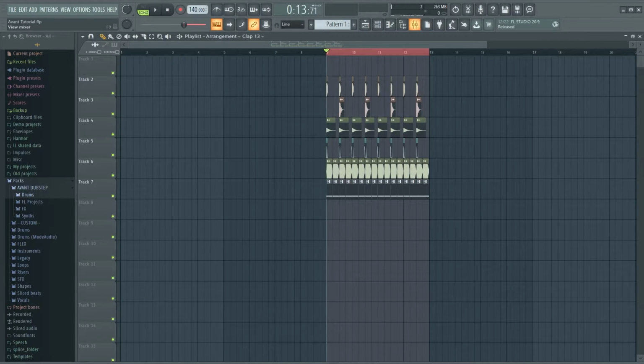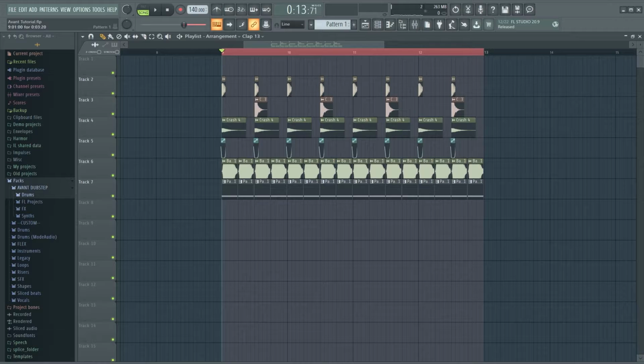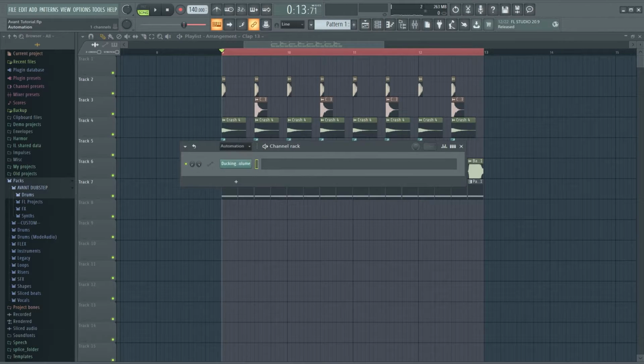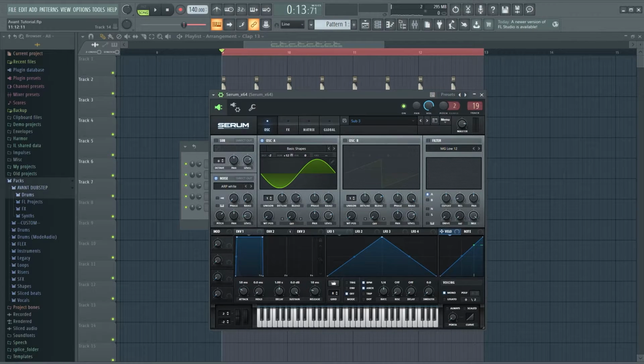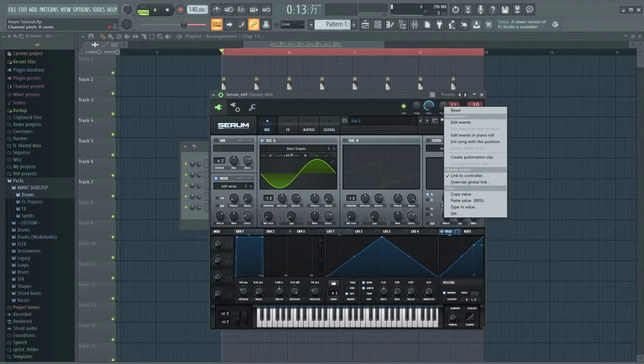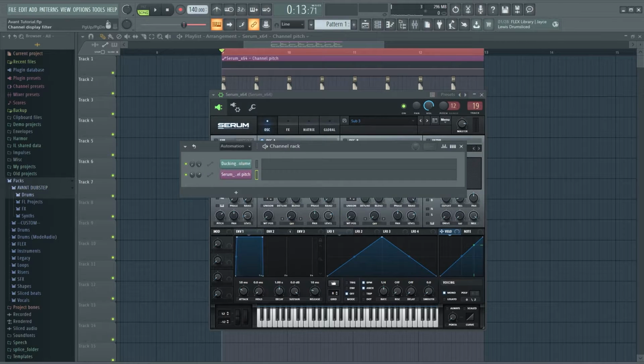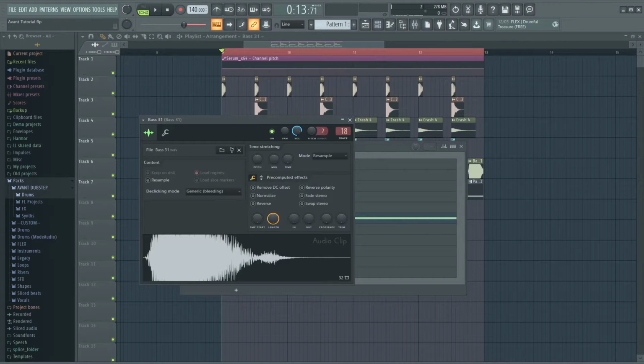So the next thing we want to do is a little modulation on the synths because it's pretty simple. And we'll do that just now. I'm gonna set this to 12. We'll have to do it here as well so that the bend works. And I'm gonna create an automation clip. And I'm going to do the same with my bass sound